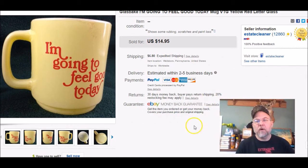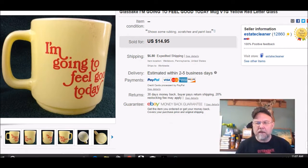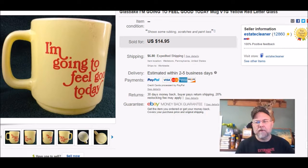It's just an old Glass Bake. I don't know if you're familiar with that, but Glass Bake is kind of like Fire King, only a different brand. They're all owned by the same company now. I think Corning owns them all. This was probably from the 60s, maybe 70s, I'm guessing. It had some scratches and stuff on it, but it was in pretty good shape. And I got $15 plus shipping on it. So next,